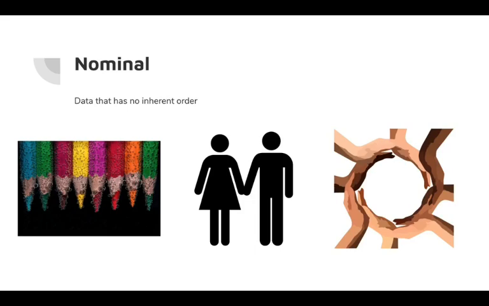Okay. And with the nominal types, this is data that has no inherent order. So, for example, if you're looking at a bunch of colors, you can see over here, right? I've got a bunch of colors here. Green is not inherently better than purple, which is not inherently better than blue, which is not inherently better than orange, right? There's no inherent order when you're trying to list